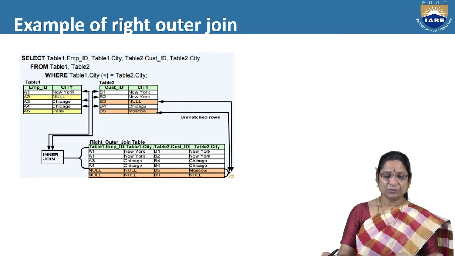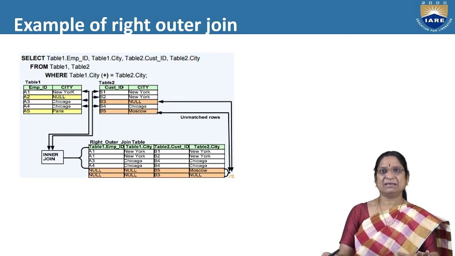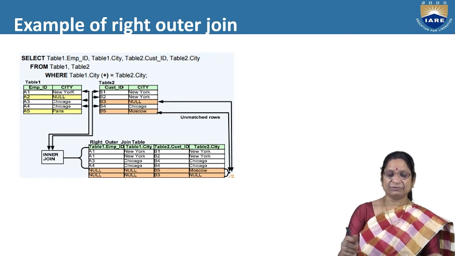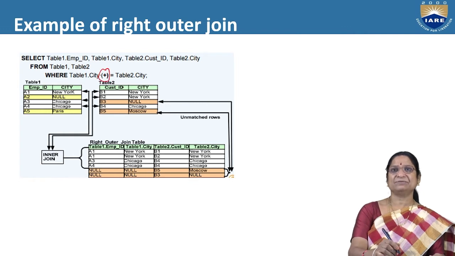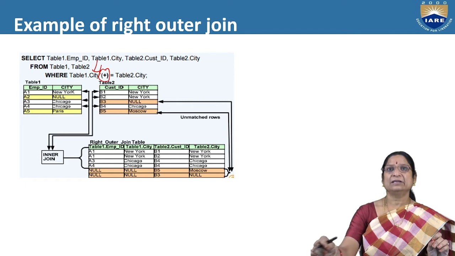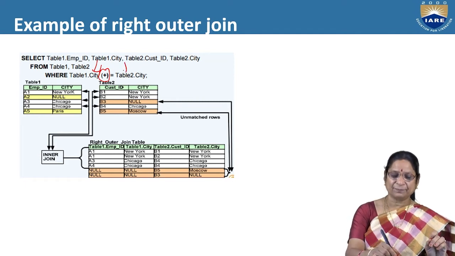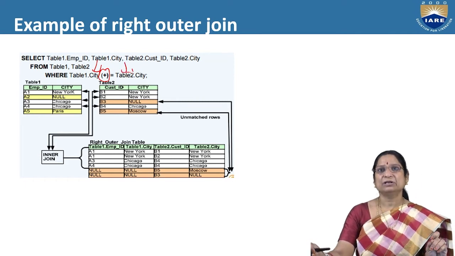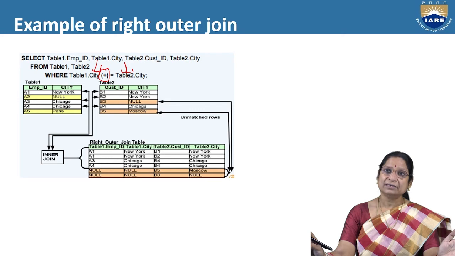Right? So, right outer join, same example. When you are using right outer join, it means we will include null values in the left table for which there is no map from table 2. That means all attributes, all columns of table 2 are displayed for which there is no map. Respective table 1 columns are going to be null.